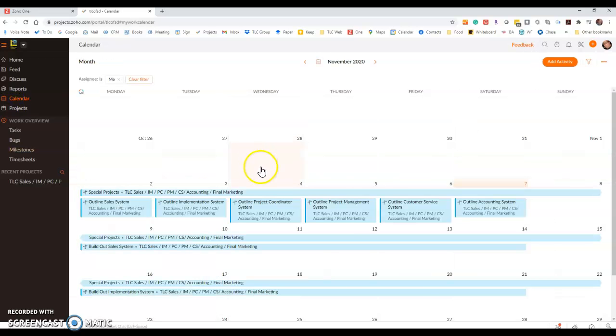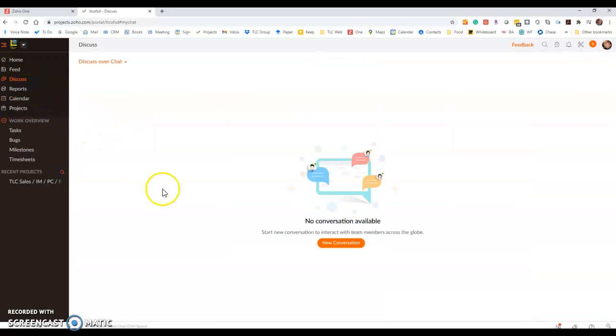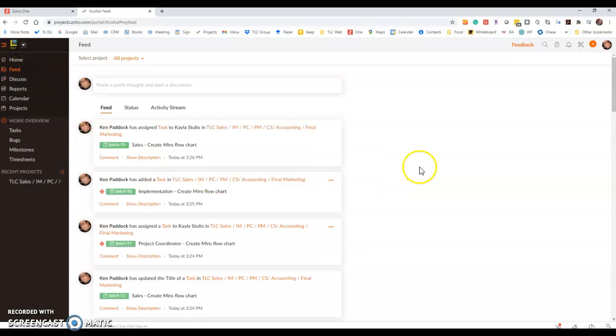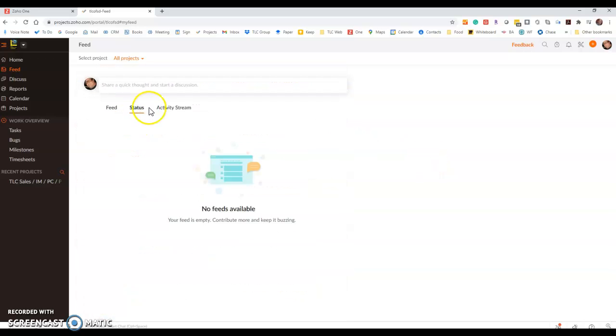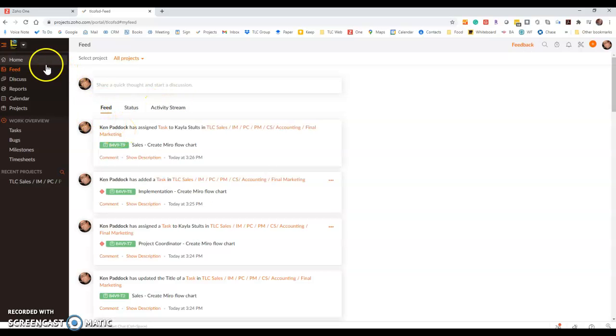It's also placed on the calendar, so we'll get to see each week, each day, what we're working on. There's discussion feeds in here, so we can also open up chats that are specific to specific milestones or tasks, so we can chat back and forth and make sure we're looking in one place for information as we move along, instead of getting our emails all dragged up, full of things we can't find on specific topics. And this basically will just show you all the feed. It'll show you everything going on as far as the whole communication within this project, this actual project, which is the build out for